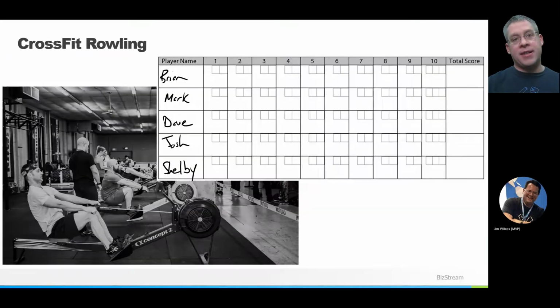So actually, I'll go back a second. In frame 1, if I row 101 meters, my score would be 1. If I rowed 95 meters, my score would be 5. So we need to keep track of whether it is a 5 or a 1 or a 0 each of the